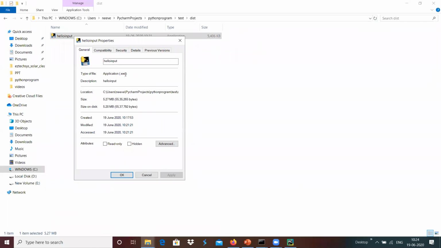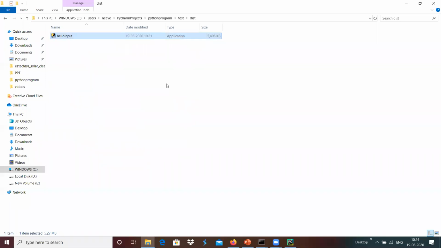It does not have any information about the source. If we are releasing the Python file directly, we are releasing the source. Instead of that, if we wanted it to be secured, and the code should not be shared with anyone, and it should be an exe, and they should not know what it contains, all those things we can create with PyInstaller over here.